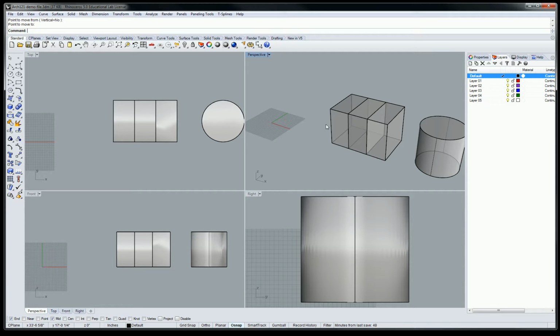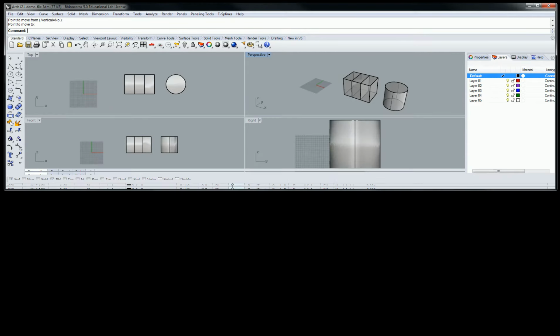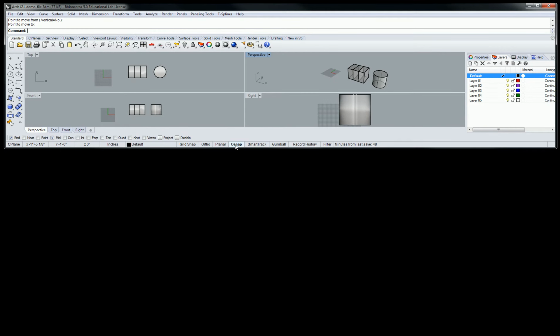Now I just moved those two objects over the top of each other, right? So now these two objects are intersecting. So that's how you move something. The only way I was able to select the cube in the first place is because I had my O-snap turned on. If this was not turned on and I tried to move something, which I'll do right here,